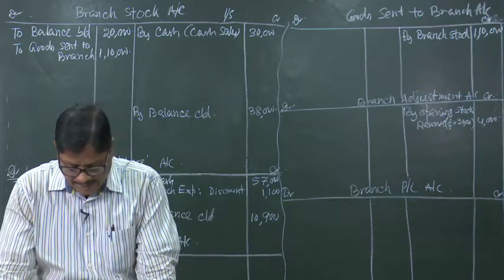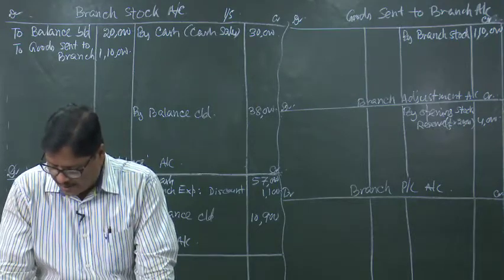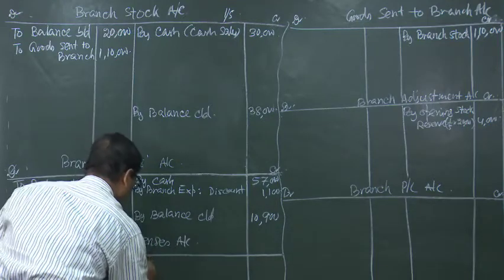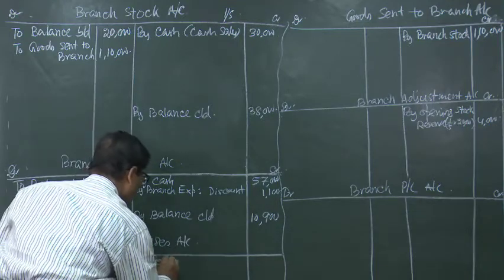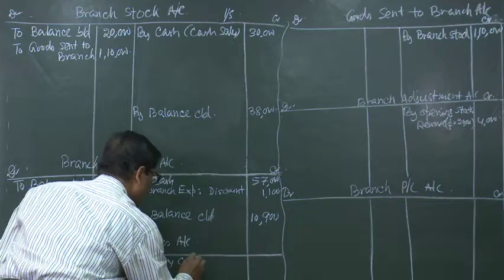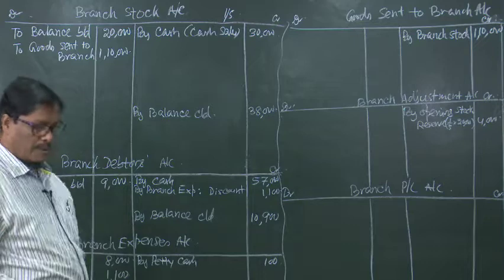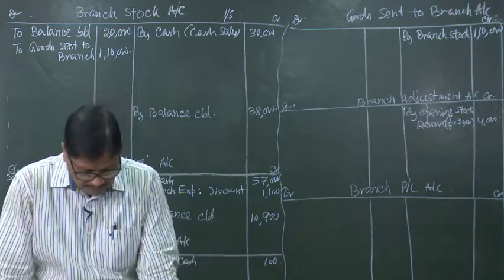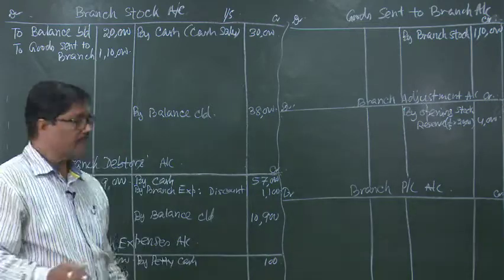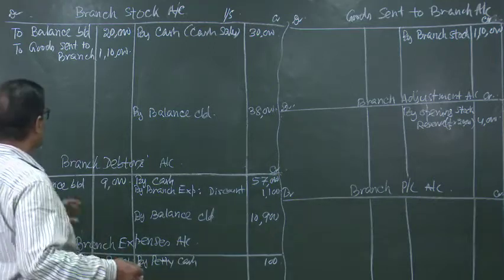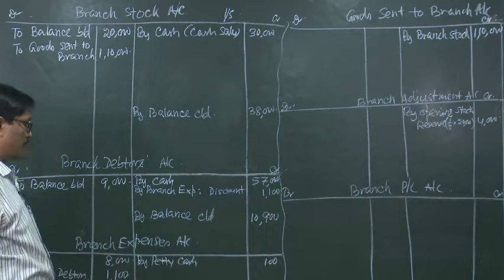Petty cash at branch at the end of the year 100. That means we can write here by petty cash, this is the balance left, by petty cash 100. So, after posting all these things from the question, now let us come to close the branch debtors account first,